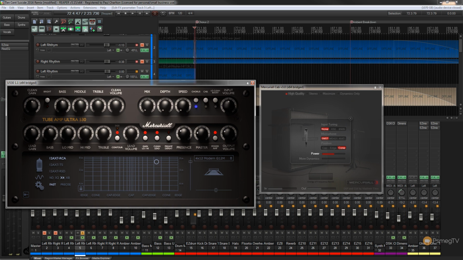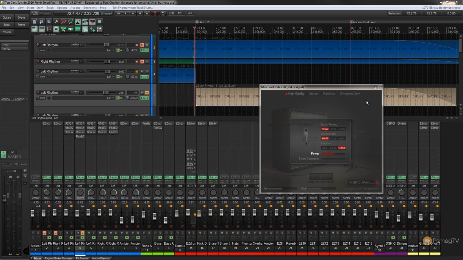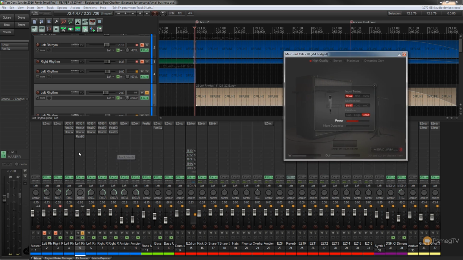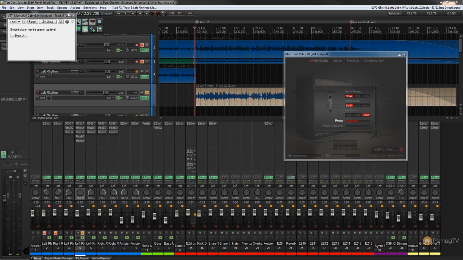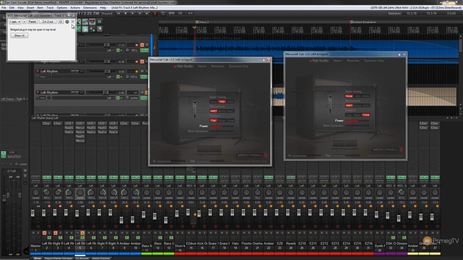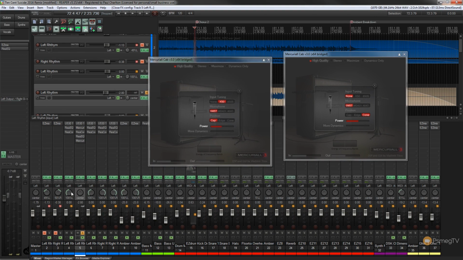But like I said earlier, if we want to run 2 instances or 3 instances of this so we can run multiple microphones, that's very easy to do. So all we need is, we'll leave that instance running there, and I'll just come down onto the track I'm working with, click, and we'll add in a new instance. So we'll go to Mercuriall, we'll go to Mercuriall Cab version 3. We now have a second instance of that cab. You can see, let's just put that in position so it's running